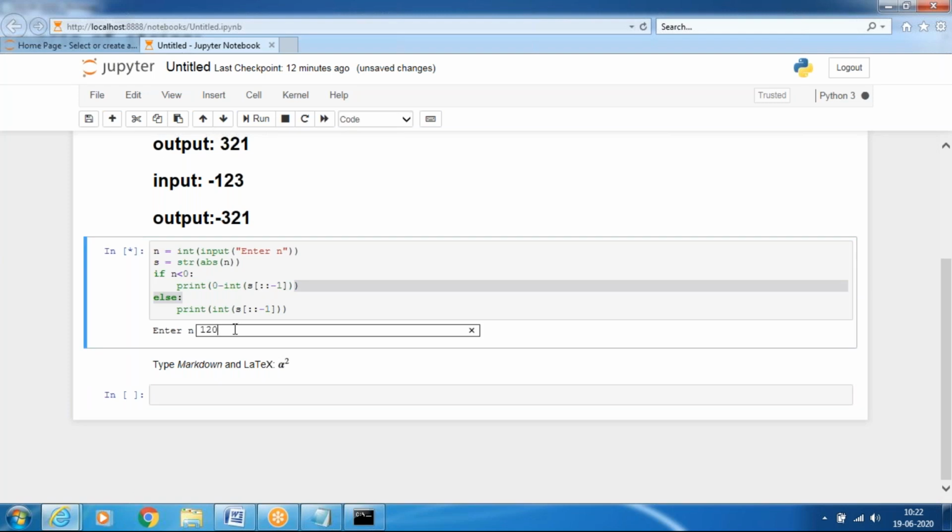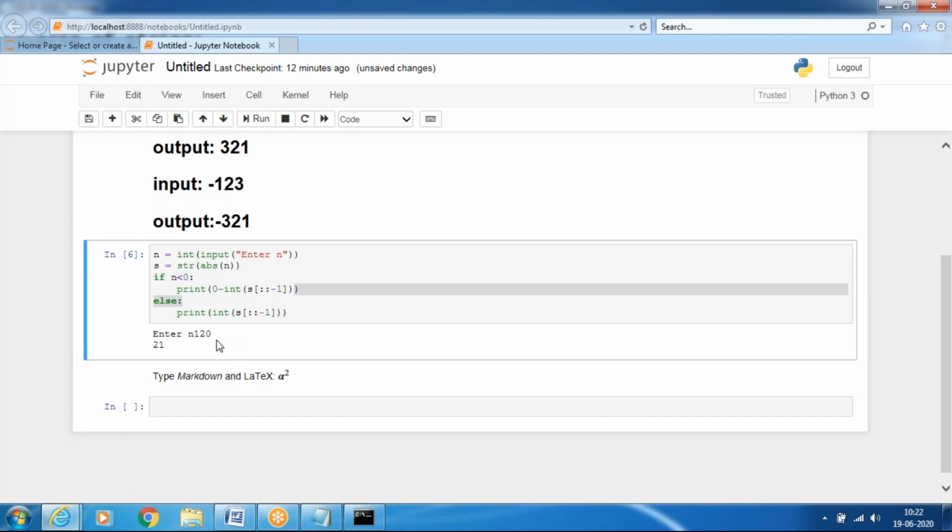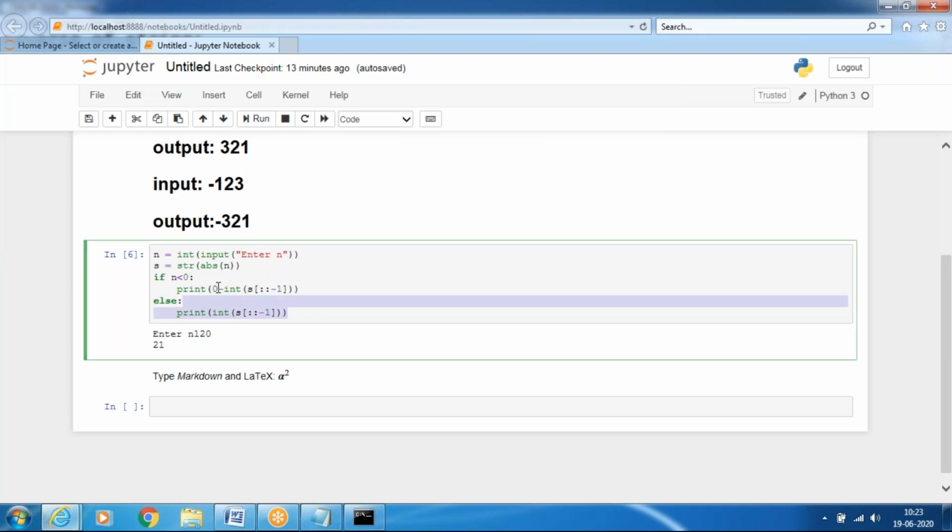Sorry, 21. Like this. So first I will convert it into a string, reverse it, and then convert it into an integer, and then 0 minus anything, that will be the minus of the string, minus something. That's why I'm using the 0 here. Okay, that is the number system. If you know the number system properly, then you will understand this.